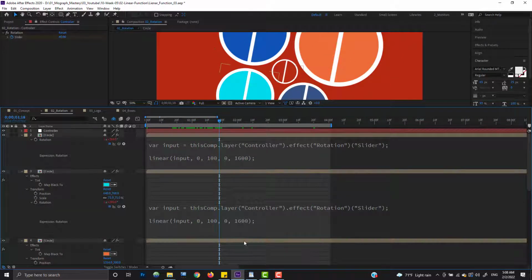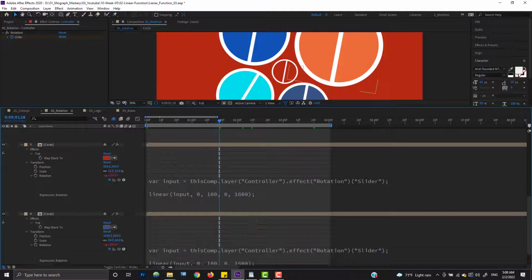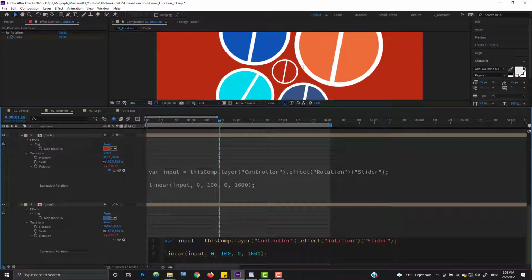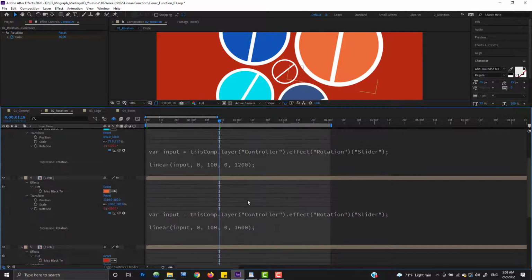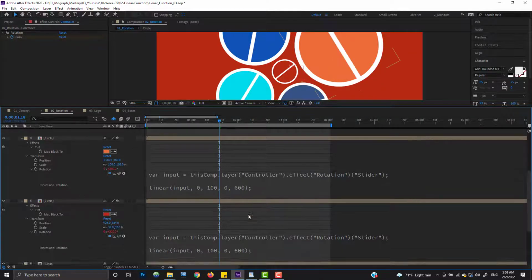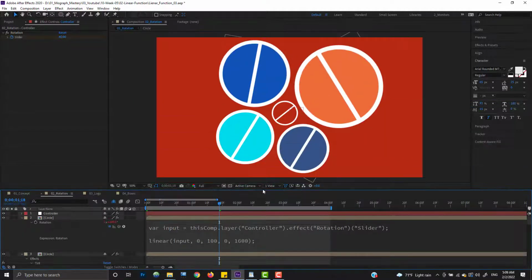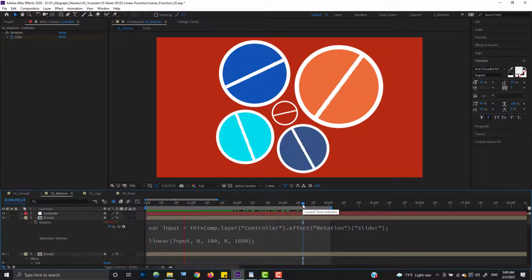Now what you can do, let's actually change these values a little bit, like 200 and maybe 400 here, maybe 800 here, maybe just 600 here. Now what that does is that now they're rotating at different speeds,